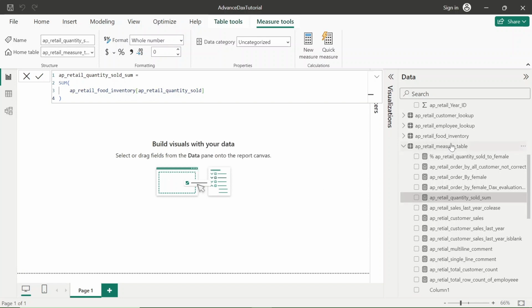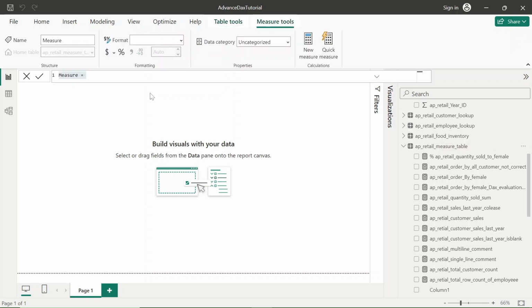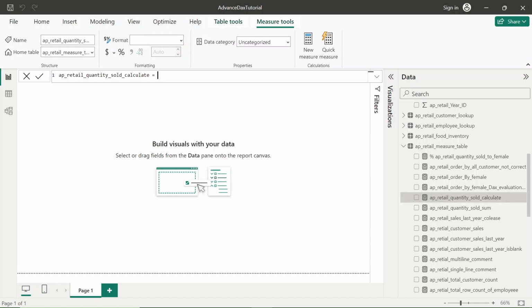Let me create another measure. Name it AP retail quantity sold calculate. How are we calculating?